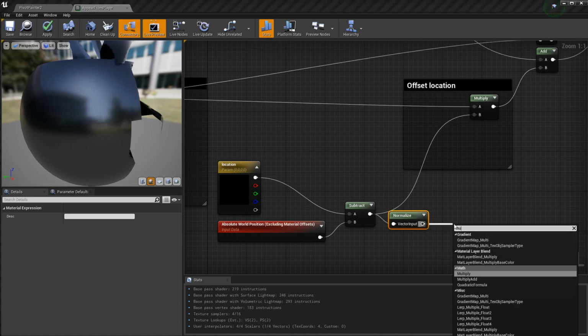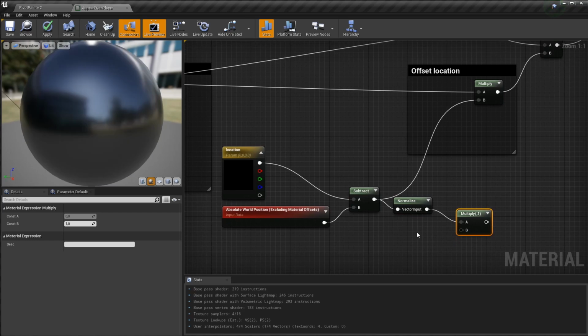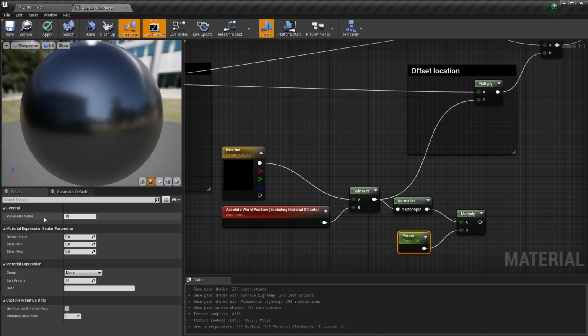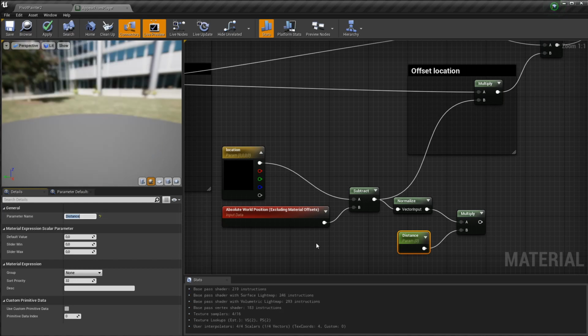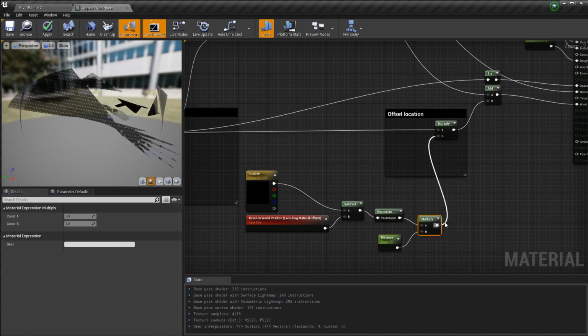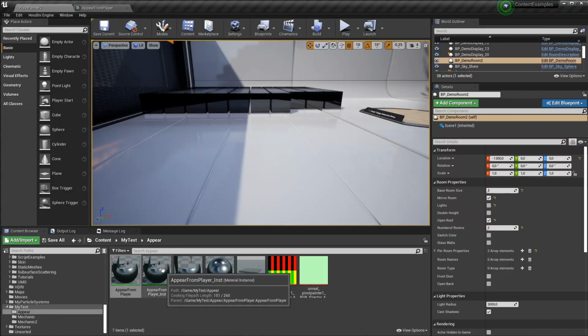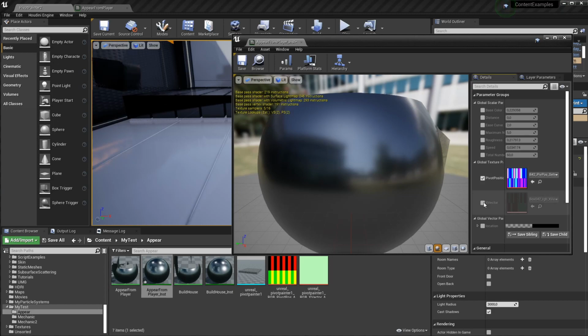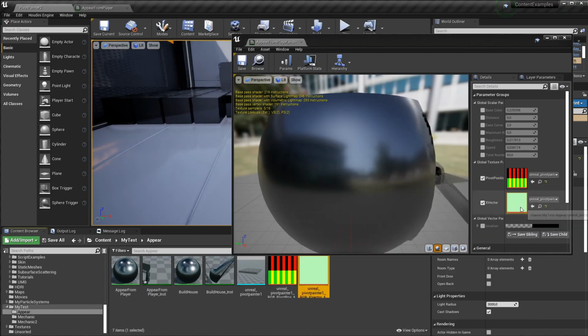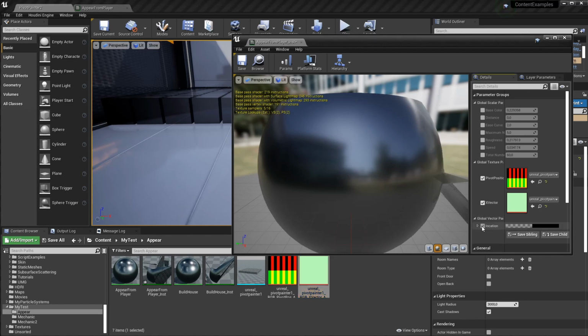That 1 unit would be a bit short to see the effect, so we multiply this direction by a distance that we can define on the material instance. And that's what we can connect to the previous offset location. Let's open the freshly created material instance and again put in the correct textures. And here's the new location parameter. Let's put the right amount of pieces in.